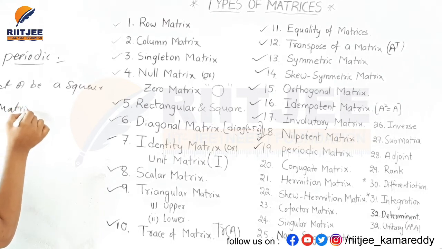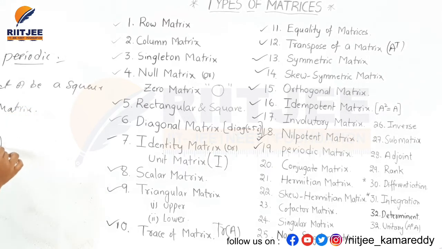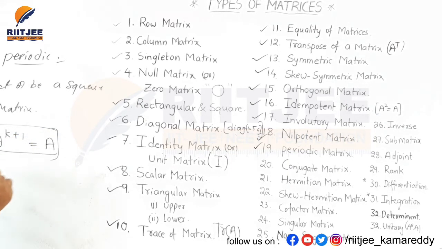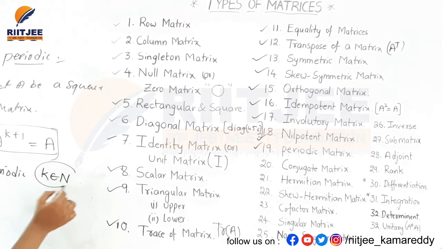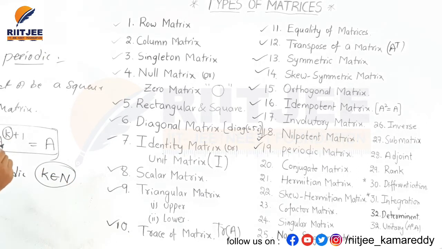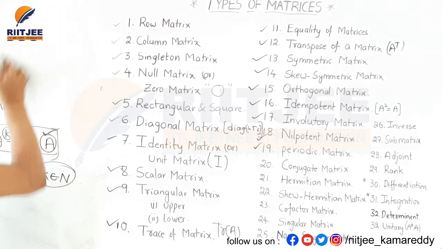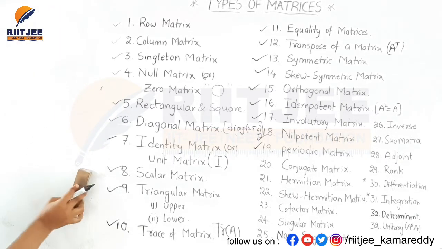Let A be a square matrix, and if A to the power of k plus 1 gives again A, where k belongs to the natural numbers, then the matrix is said to be periodic. A matrix where A to the power of k plus 1 gives again A is called a periodic matrix. This is all about the periodic matrix. And the next type of matrix is